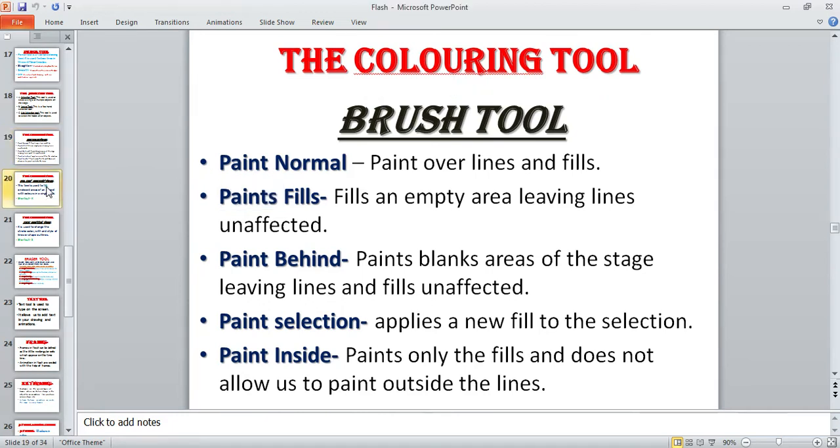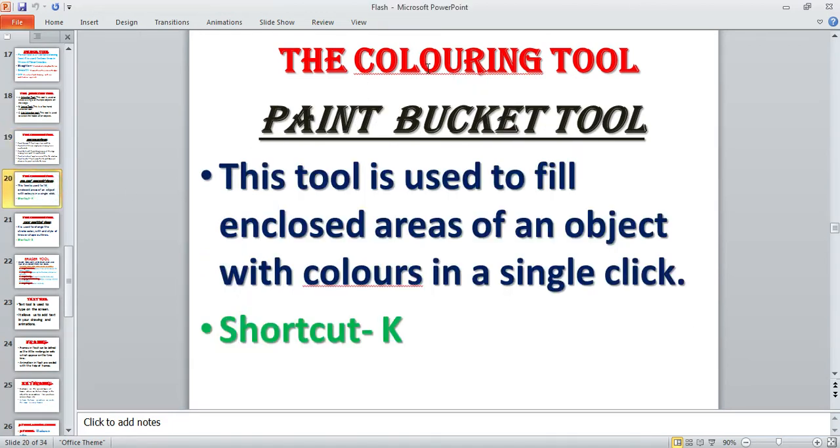Now we are going to read the next topic. Here is given another coloring tool, which is the paint bucket tool. This tool is used to fill the enclosed area of an object with colors in a single click. That means after a single click on a picture we can fill the colors. It will fill the inside with colors.